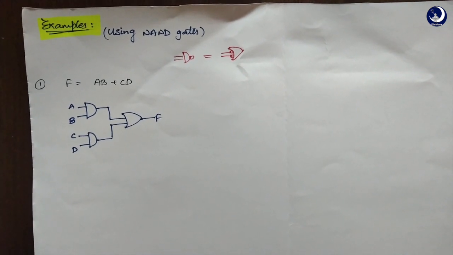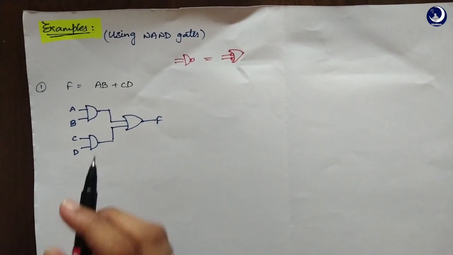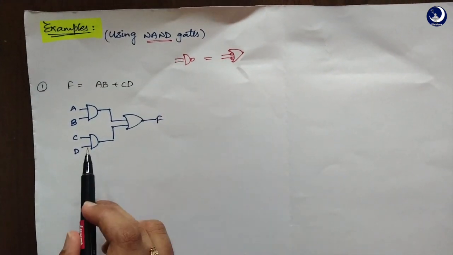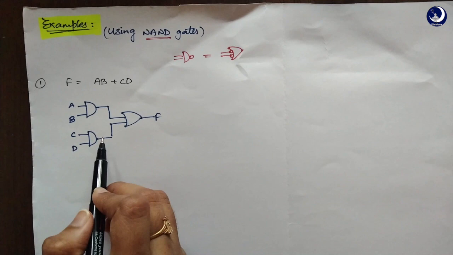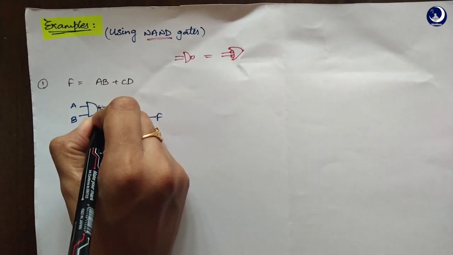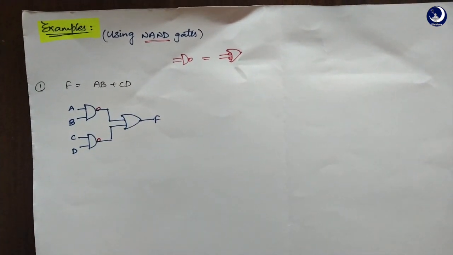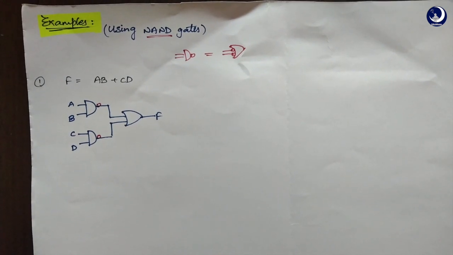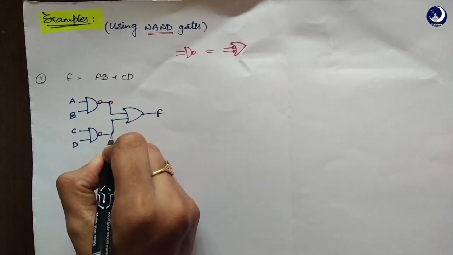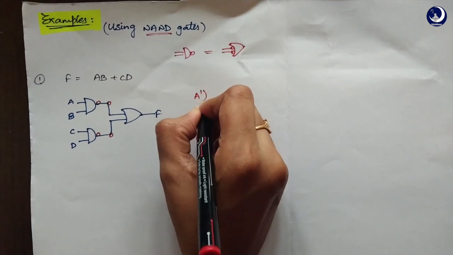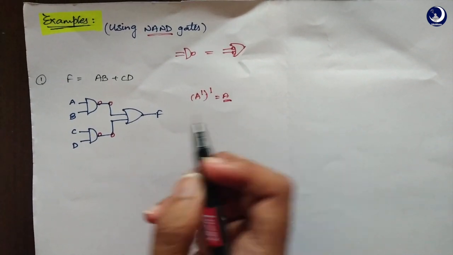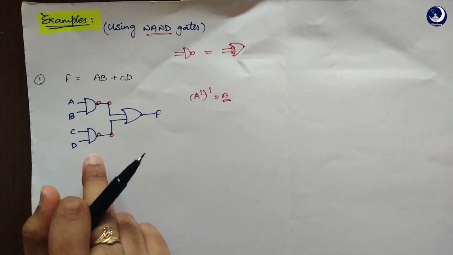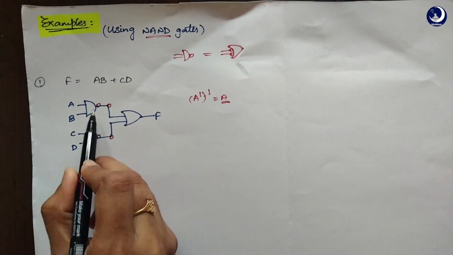In order to convert this into the NAND realization form, consider the AND gates first in this whole diagram. You have two AND gates. So you simply place a bubble in front of each. Now, whenever you place a bubble, in order to complement it, you need to place another bubble. This logic is A bar whole bar equals A, right? If you use two complements here, it turns back into the same thing. So in order to keep the circuit as it is, we place two bubbles here and two bubbles here.